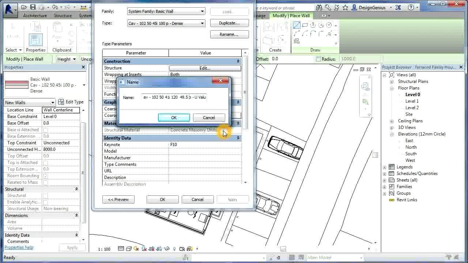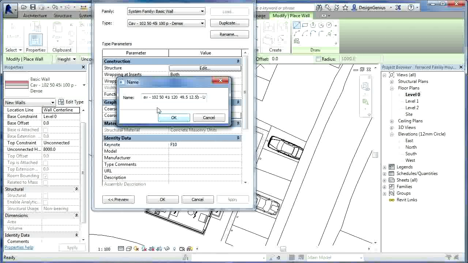And then I'll put the plasterboard here, since I'm putting all the specification in terms of the weights there. So it's 12.5 millimeters for the